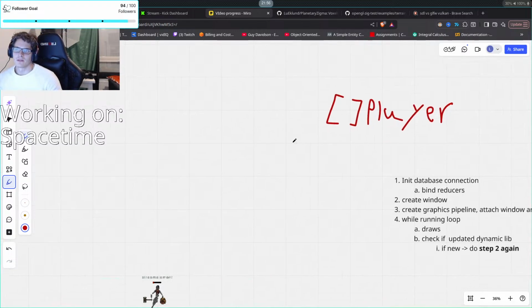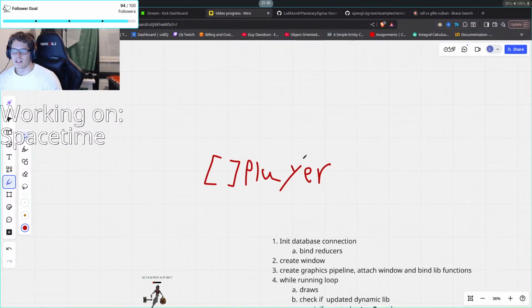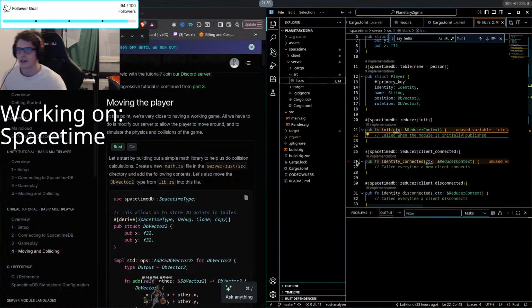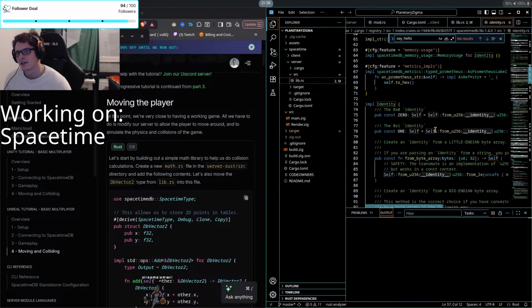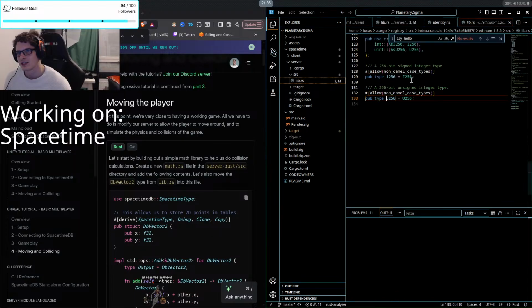And then I will make an insert that will just insert players. I don't know, the name here might not even be, but it has an identity. You should use a hash map. Okay, we can use a hash map too. The identity is literally this thing, U256.